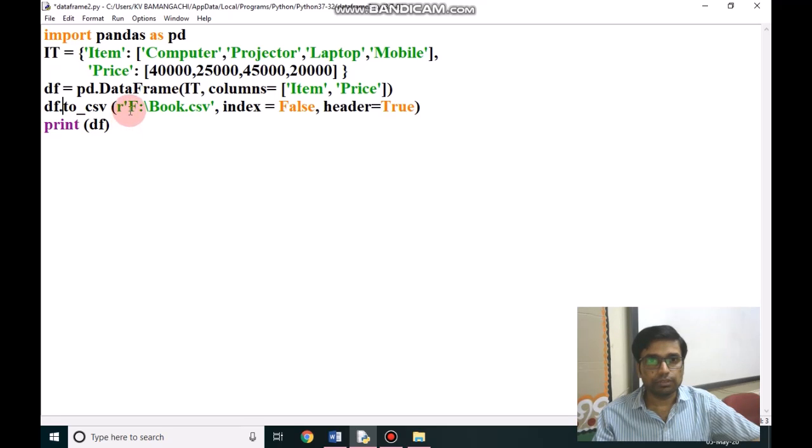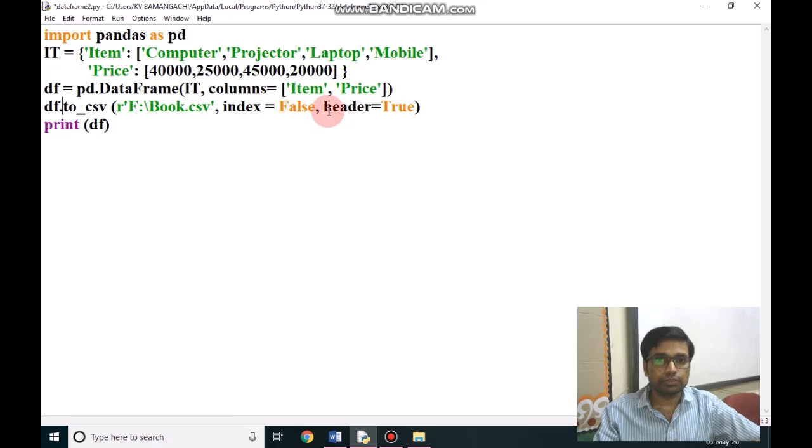Then write the path where you want to save this file. So we have enclosed it in single inverted commas, and I am giving the name of the file as book, and I am saving this CSV file to F drive of my computer. Then index, we have given false, header equal to true.